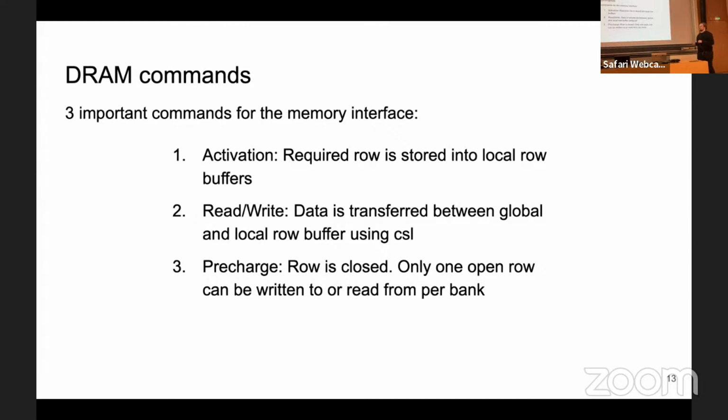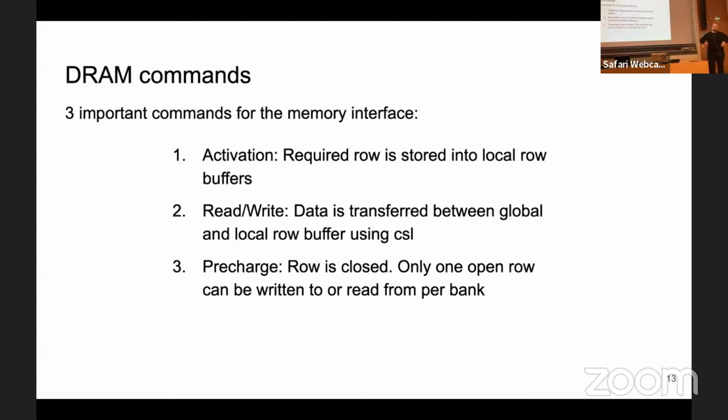This is not the version of the slide I thought it was. Something weird happened, but so be it. So we transfer data between global and local row buffers. And then the final step in the life cycle of a memory row is